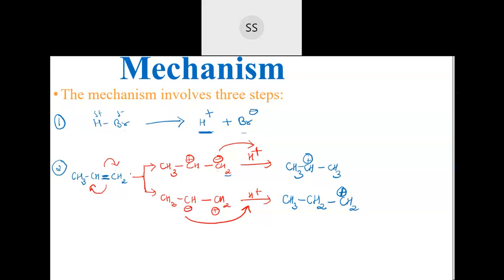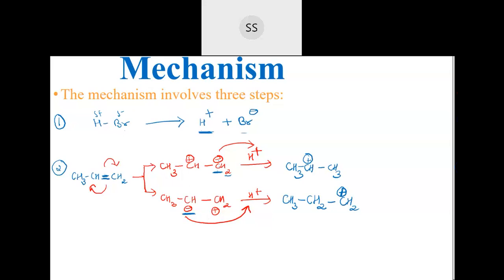This pi bond we have shifted first onto this carbon, and the negative charge has come here. On the other side, I have taken it to the second carbon over here, so this carbon has got the negative charge. Here the first carbon was having a negative charge. A negative carbon has electrons, and those electrons will be donated here to take that H plus.